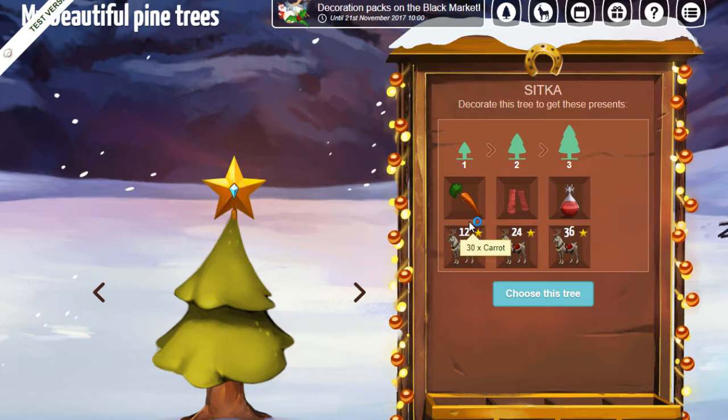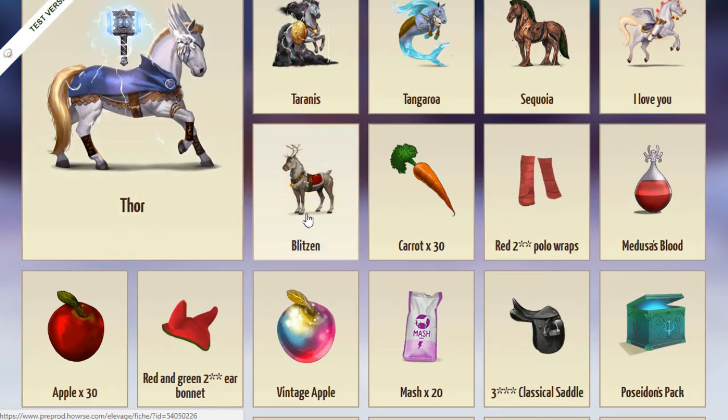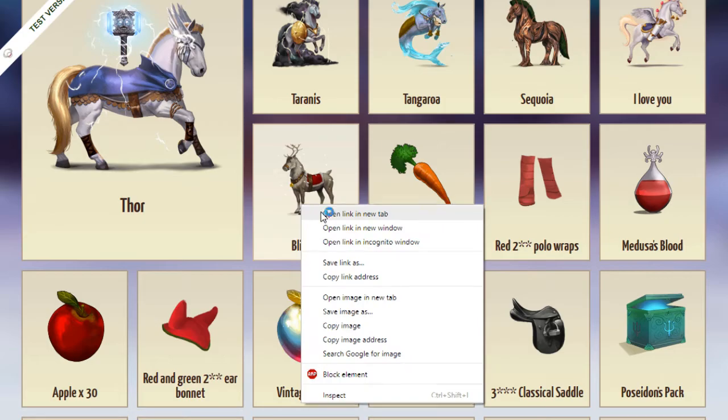This is the event page, and first we're going to have a look at the prizes for the event. Here are all the divines for the event. We'll take a look at Thor in just a second, but you'll notice that Blitzen is listed as part of the prizes, so you're going to get her during the tutorial because you'll keep her throughout the event in order to get decorations. She's going to be how you get decorations for this event, but we've been told we